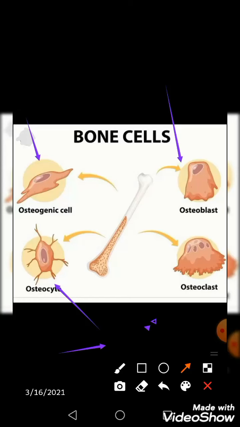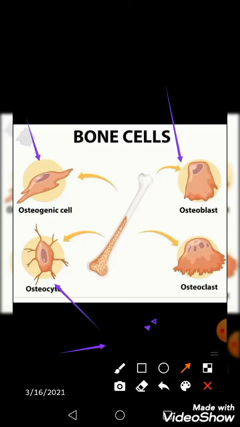And what about their shape? Their shape is almond-like, you can see, with so many cytoplasmic processes, being a mature one. And if you talk about its cytoplasm, it is now less basophilic stained. Its nucleus is single, small, a little bit elongated, and heterochromatic, meaning condensed chromatin is there. Now under the electron microscope, as it has less rough endoplasmic reticulum, that is the reason for its less basophilic staining.